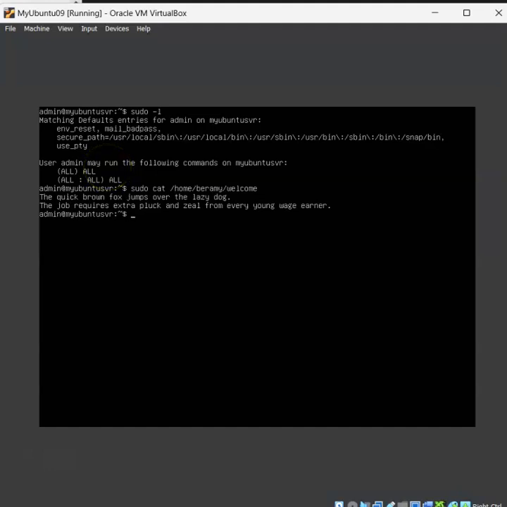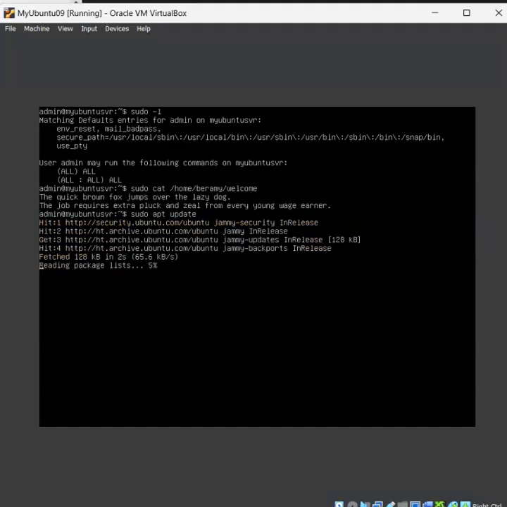And the third task was to prove the server is up to date on packages. And to do that, I ran sudo apt update to show if there are packages to update, and it says that all packages are up to date. And the second part is to answer the questions. There are